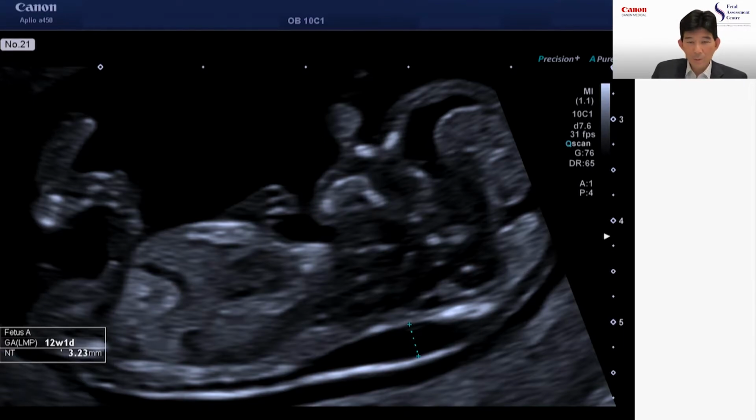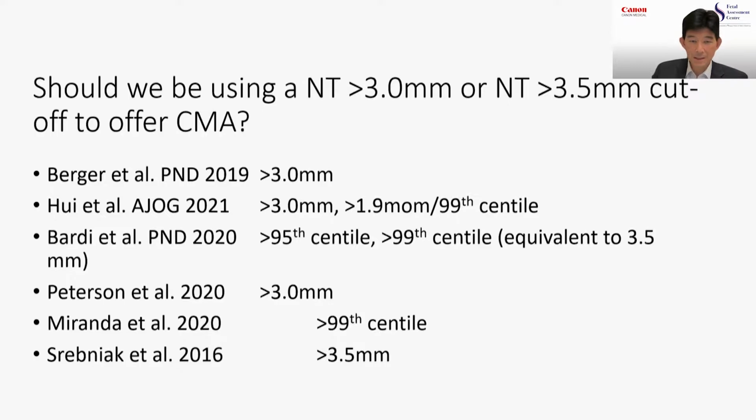Well, I think one of the best papers to have addressed this is a paper by Lisa Hui and colleagues from Melbourne. It's one of many papers that have attempted to look at this question, and you can see that there are many papers, at least 6, if not more, that have been trying to see whether a nuchal of more than 3, a nuchal of more than 3.5, or in some papers, a nuchal of more than the 99th centile